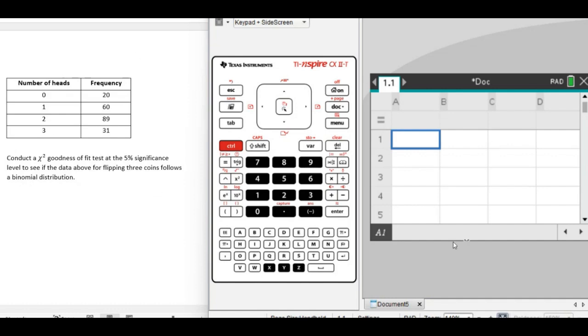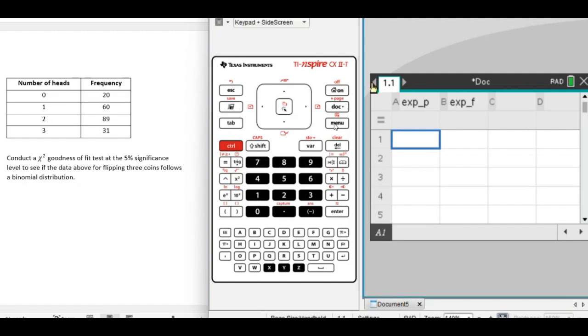Okay, so just like with all chi-squared goodness of fit tests, I'm going to need to calculate my expected probabilities to be able to calculate my expected frequencies. So I'm going to set up a spreadsheet where I'm going to input my expected probabilities and my expected frequencies. Label them clearly, it's easy to get confused. Okay, my expected probability for 0 heads is my first option. That's going to be, if it did follow a binomial distribution, what would be my expected probability